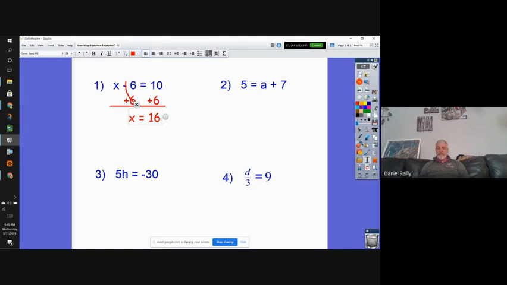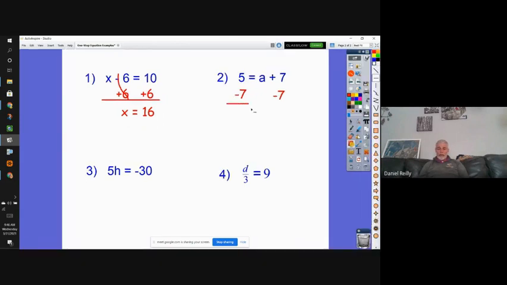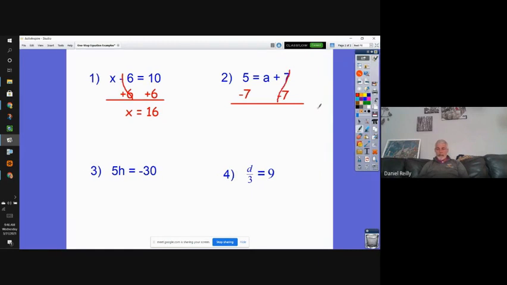Okay, problem number 2. This is an addition equation. There's a number being added on to the variable, and it doesn't matter which side of the equation the variable is on. You can switch the sides whenever you want. Okay, so in this problem, I need to subtract 7 from this side to get the a by itself. But if I do it to one side, I have to do it to both sides to maintain the balance. Okay, so now when I do this to both sides, this 7 minus 7 goes to 0, and I'm left with